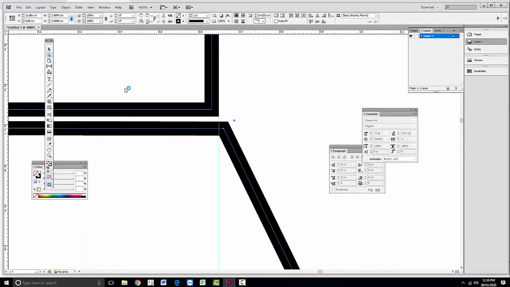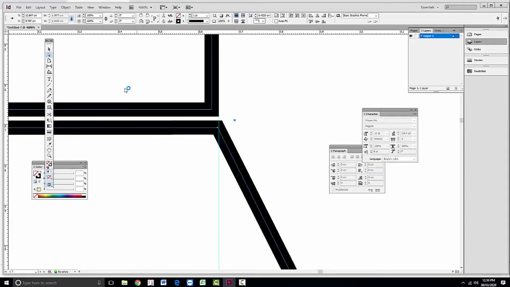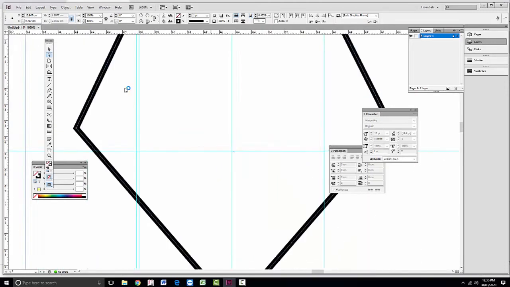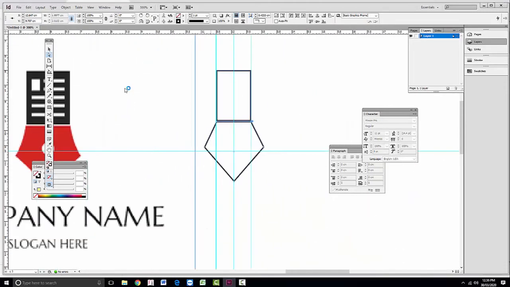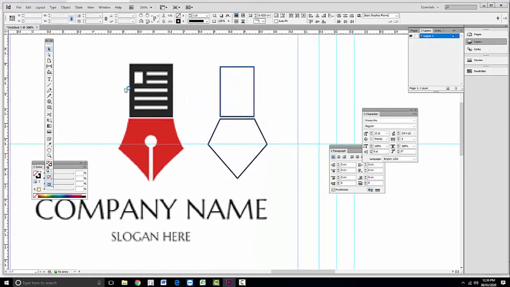Take A for the Direct Selection tool, which is right over here. Just click outside once, click it here, and then just place it. If there is some mismatch in the line, then the line is not straight. If the line is straight, it would look better. Okay, we will simply move this logo onto this side, and we have to give it a curve